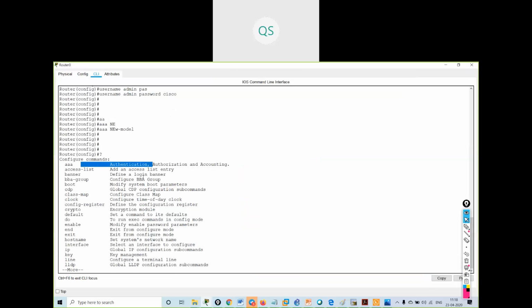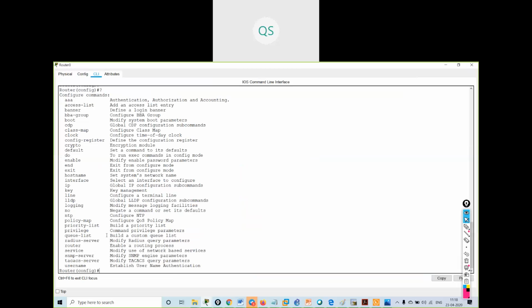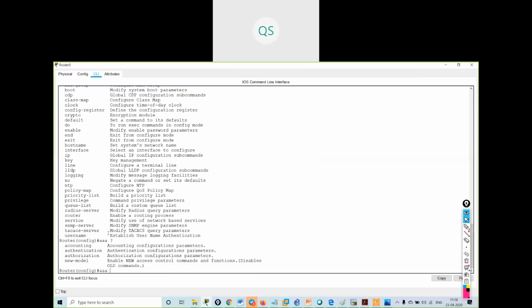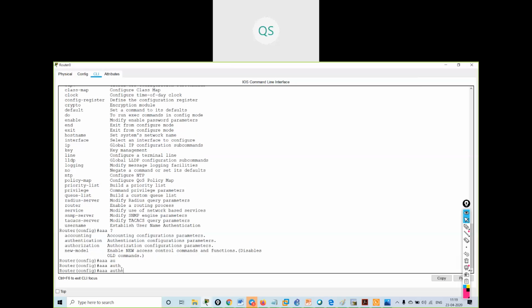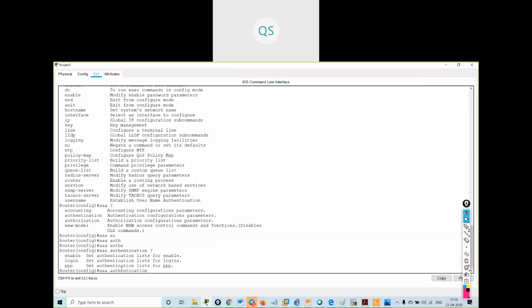See, I can use AAA options. What all options do I have in AAA? I can have authentication. So what I will do, I will give authentication. Then in authentication, I can give the authentication type also.